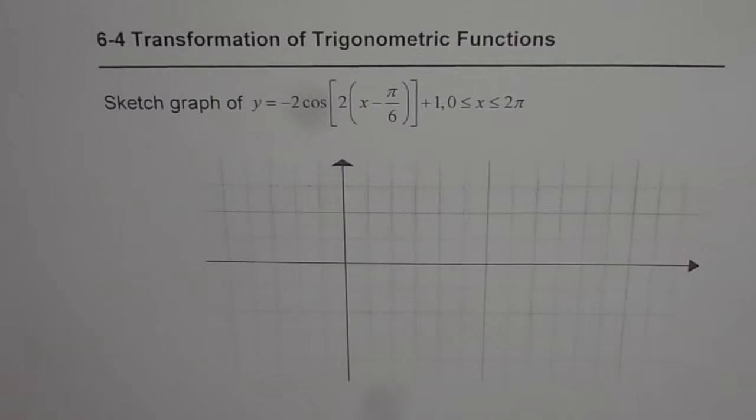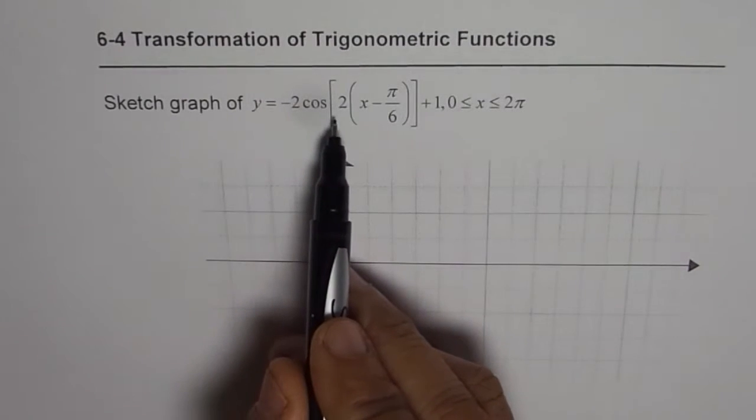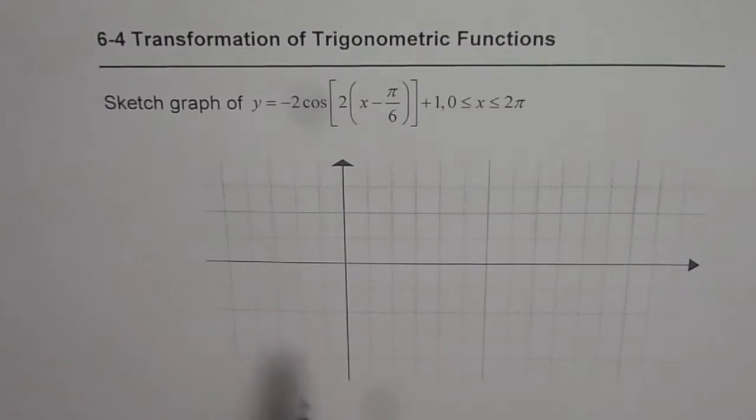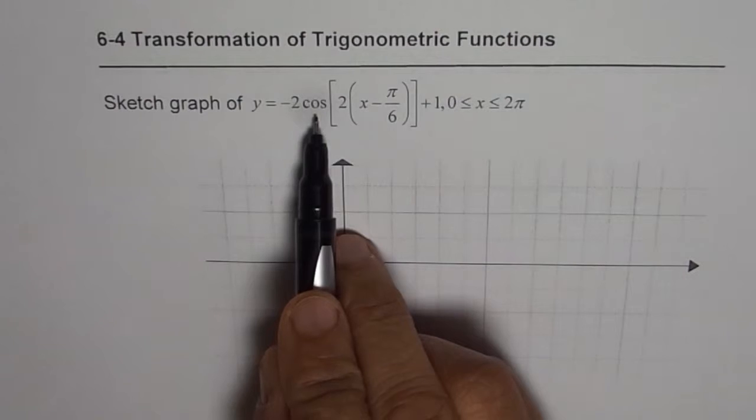I'm Anil Kumar, and in this video we will try to understand how to sketch transformed trigonometric functions. The question before us is: sketch the graph of y equals minus 2 cos of 2 times (x minus pi by 6) plus 1. So to begin with, we will sketch the graph of y equals cos x and then the